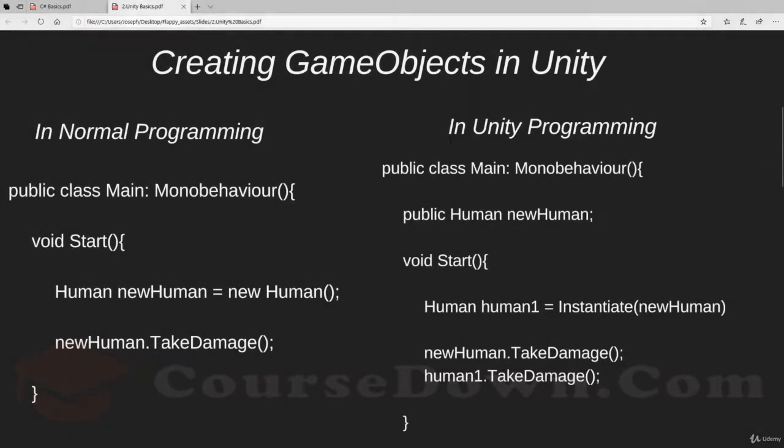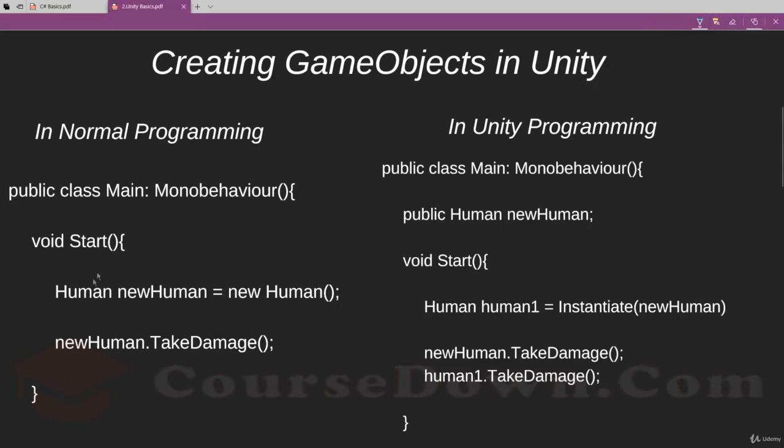Okay, so in this video, I'm going to teach you how to create game objects from the code in Unity. As you know, we have the normal way of creating game objects. So you already know this way. And we saw in the last video that we could create game objects